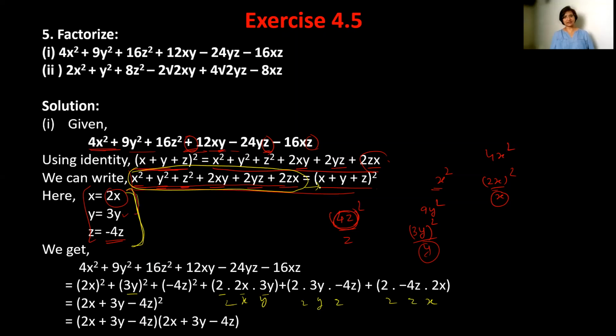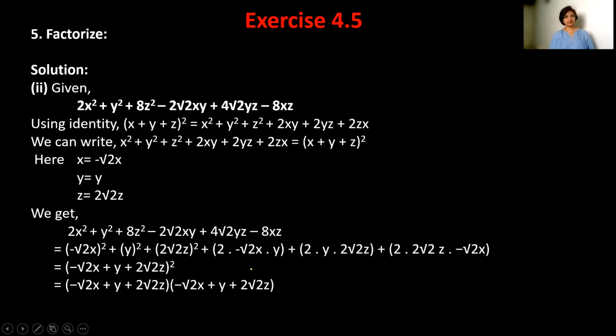After putting these values, we get the formula as it is written here. So we can write this expression in the form of (x plus y plus z) whole square. In place of x plus y plus z, we will write 2x plus 3y minus 4z. So (2x plus 3y minus 4z) whole square. Or, because we have to factorize it, we have to make it linear expressions, meaning degree 1. So (2x plus 3y minus 4z) into (2x plus 3y minus 4z). So this is it. Second part is